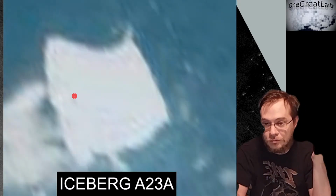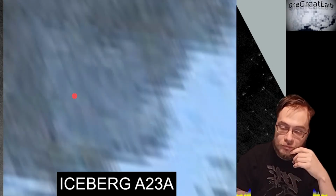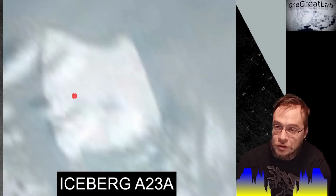You don't want that to suddenly go out. That would be disastrous, especially for marine ecologies. The uplift of colder, faster water from the bottom to the top would be detrimental. What we're seeing here is this thing is 80 kilometers wide, 50 miles wide,